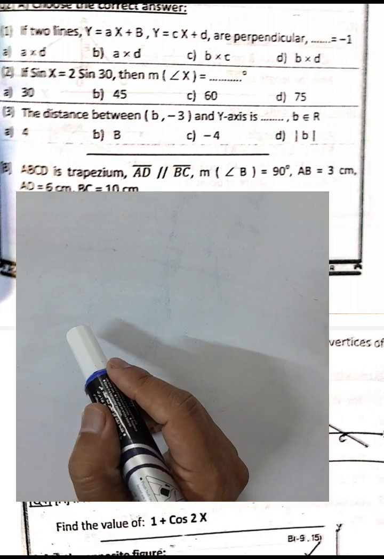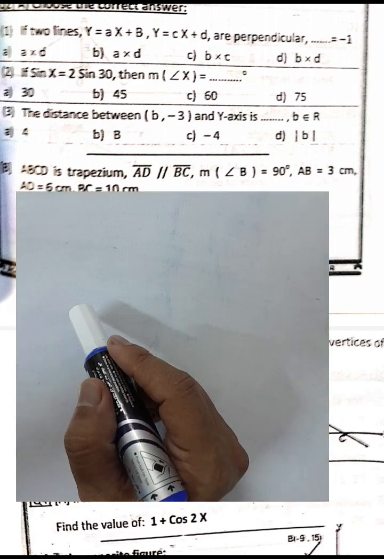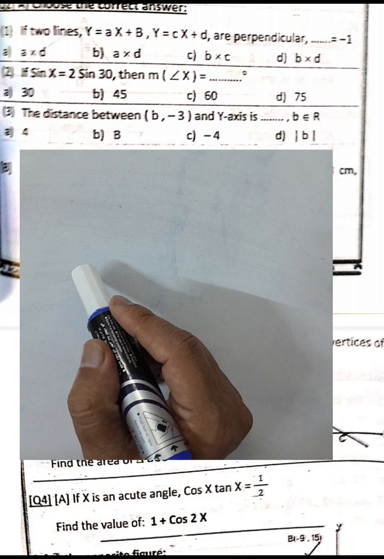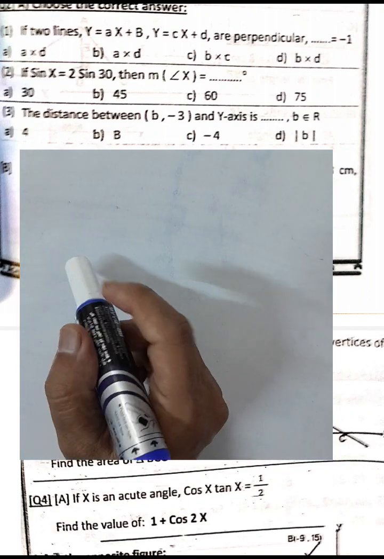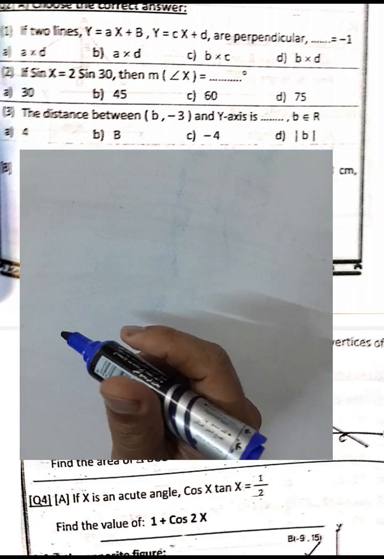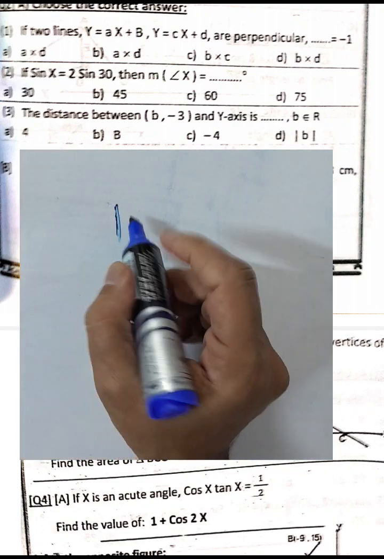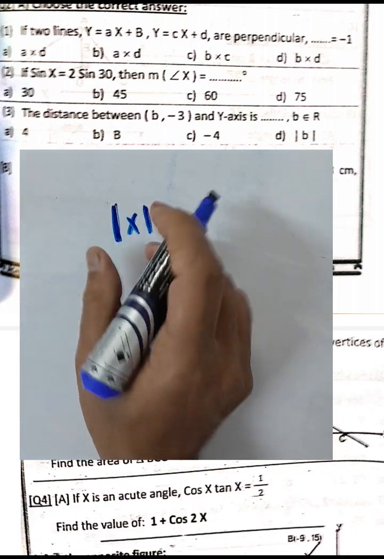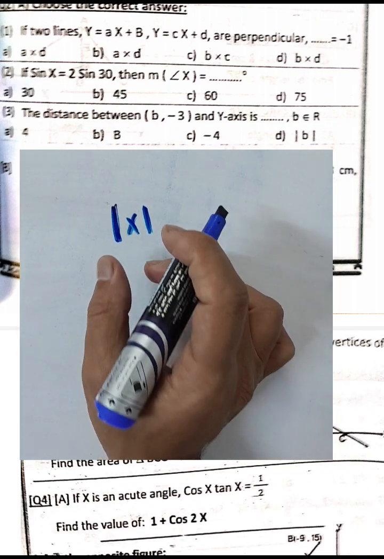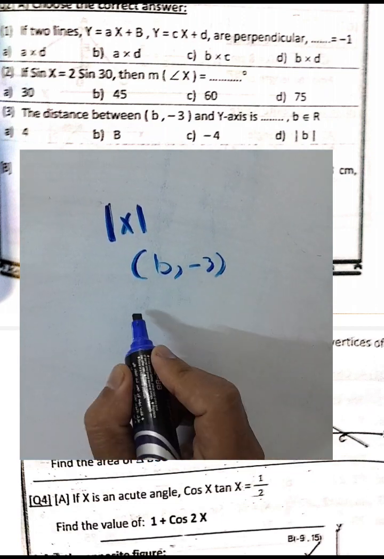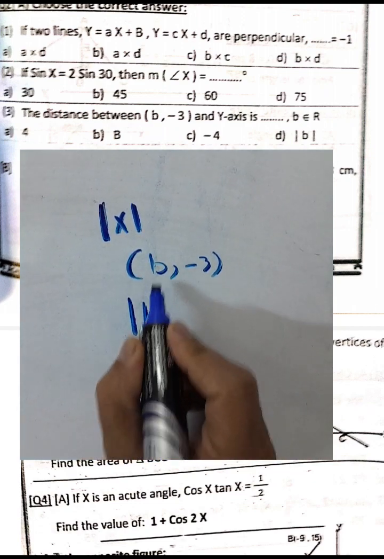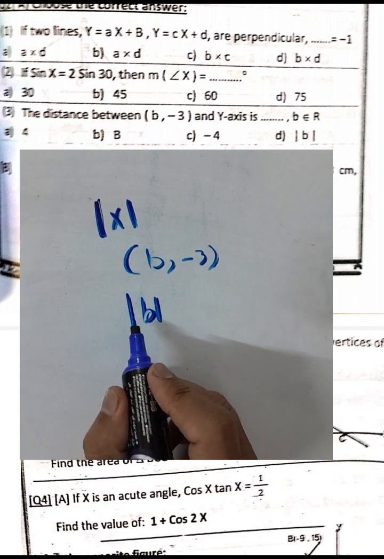Next question, number 3. The distance between the point (B, -3) and the y-axis is blank. You want to find the distance between this point and the y-axis. To find the distance between a point and the y-axis, you must find the absolute value of the first coordinate of the ordered pair. We have (B, -3), then the first coordinate here is B, then the distance would be the absolute value of